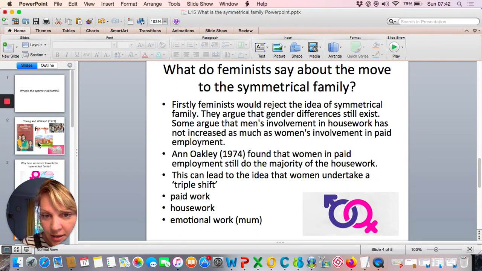Okay, so this is the idea of the triple shift. So feminists argue that there is no equality within the family, that this is